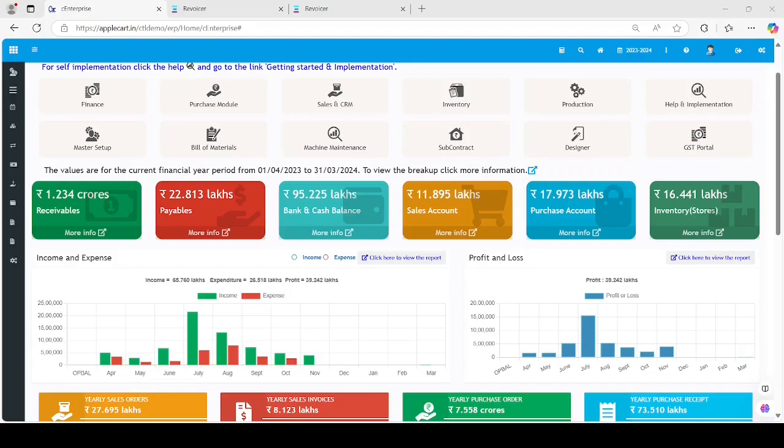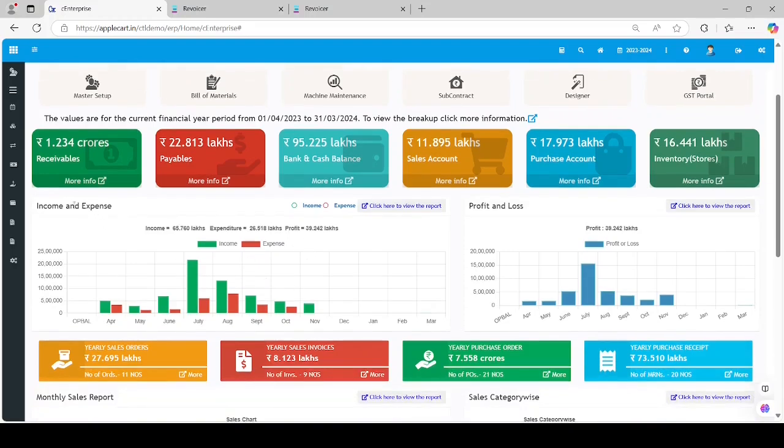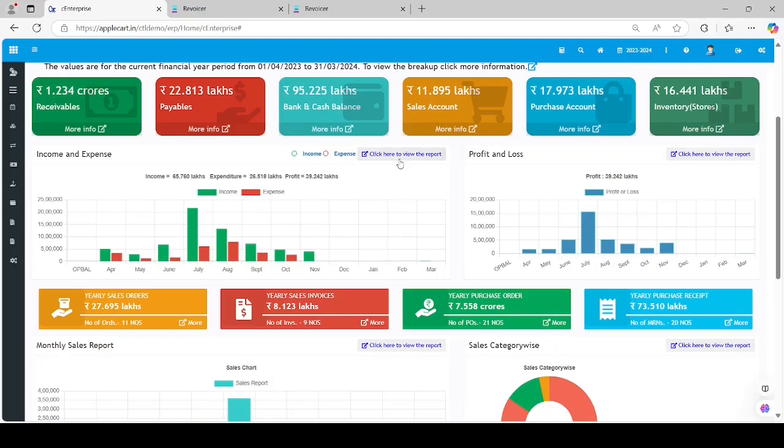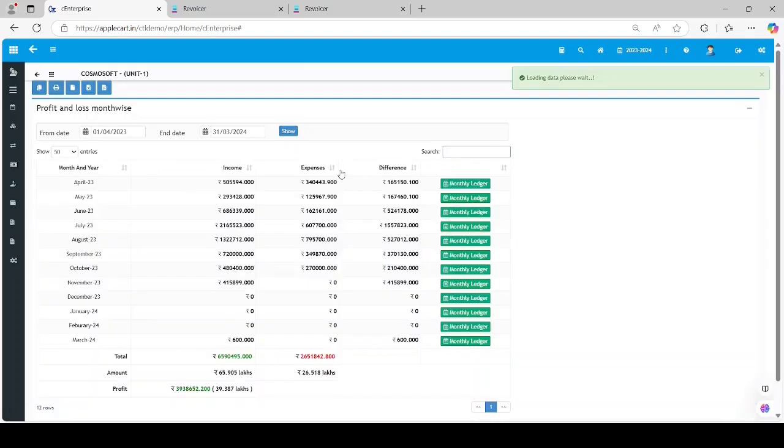Now, we will go through the graphical representation of the income and expenditure statement. The chart will display monthly income and expenditure, represented by blue and red bars, respectively. To view the data in a detailed report format, click the View Report button.